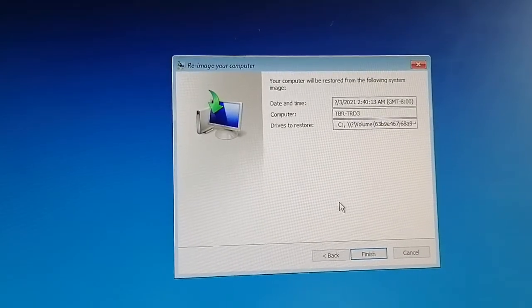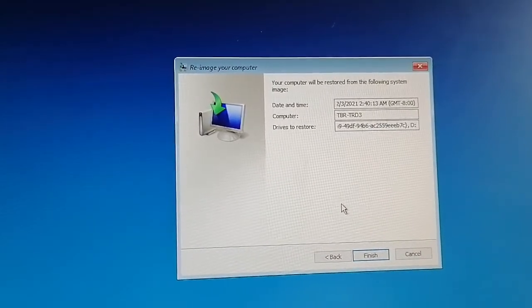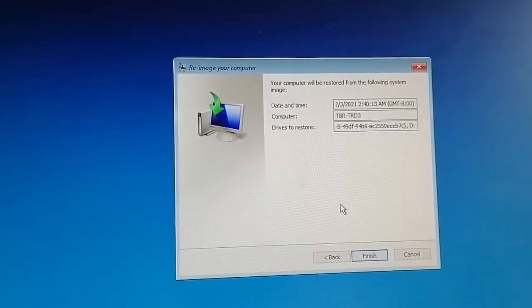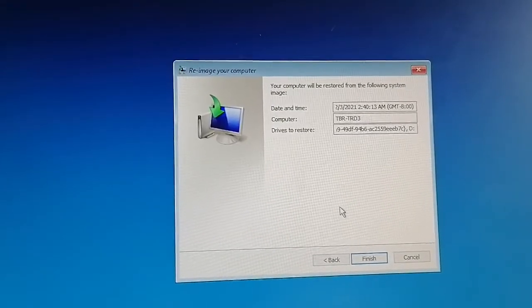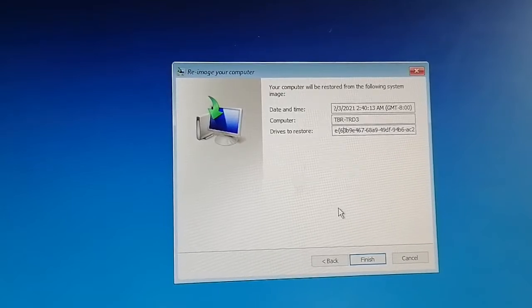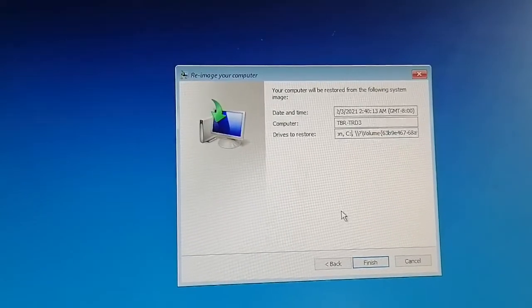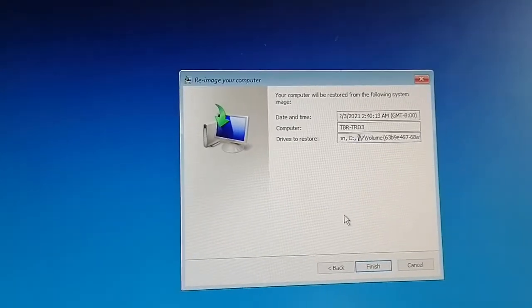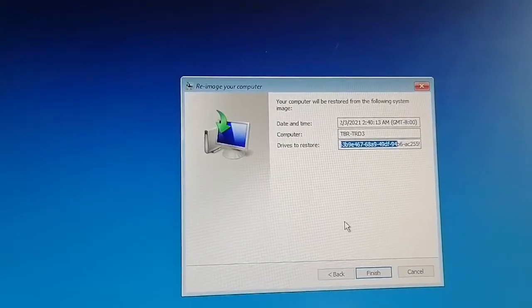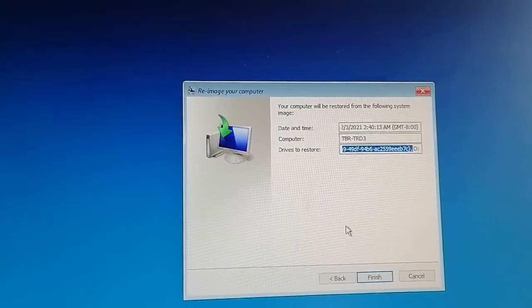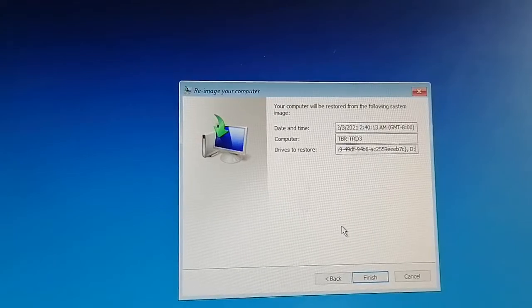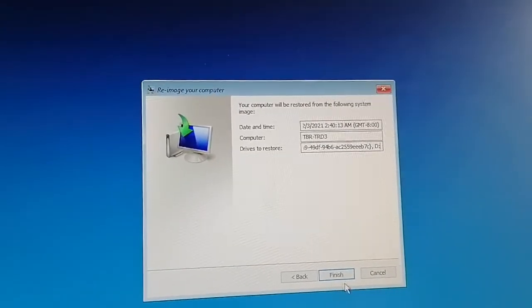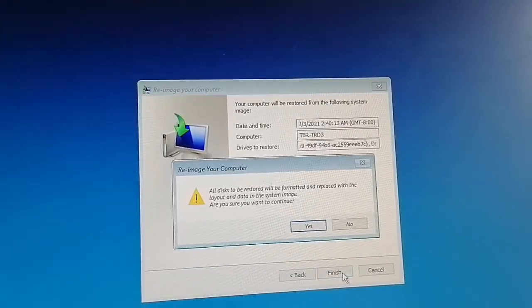Then the volume, and the D drive. I couldn't select the D drive. Maybe this is the recovery system here. You see this? Maybe it's the recovery partition that I do not care about. I will see after if I can remove it. Okay, I want to finish.